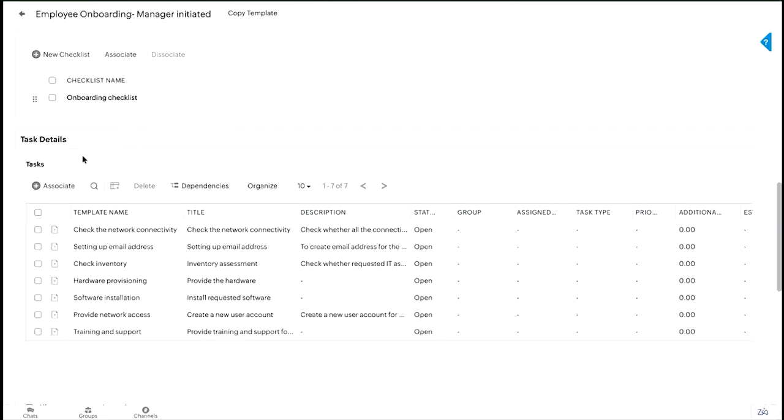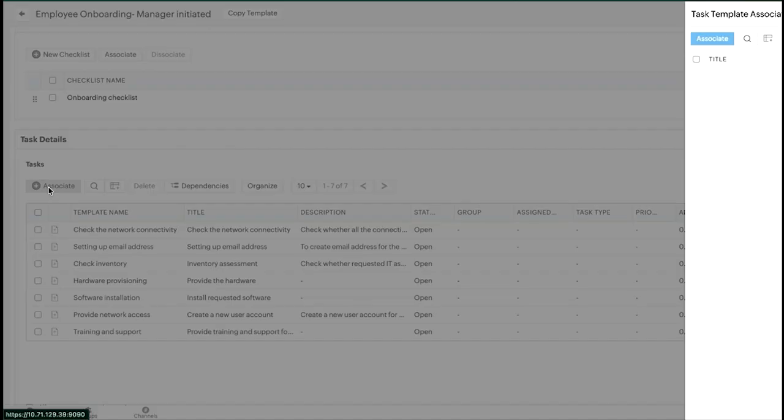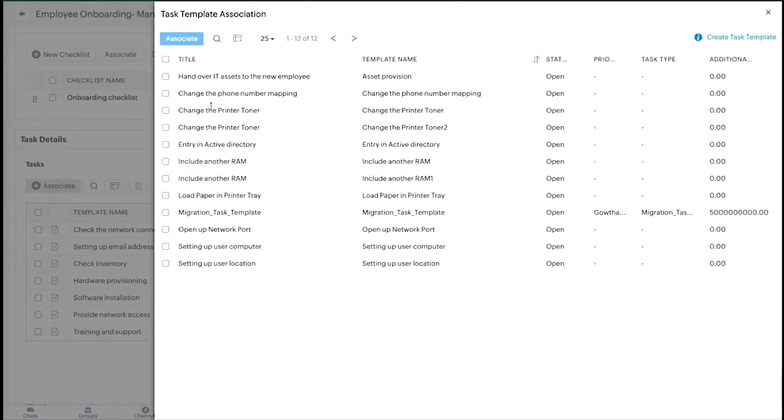And further, you can also associate tasks directly within the service request template, right? That saves so much time for you. If you have already pre-created tasks, you can choose to associate them over here, or you can even create a new task and add it within the service template, right? So the moment a ticket is created using this service template, all these tasks would automatically get created, and the different technicians who work on these specific items can quickly get started on these tasks, right? So how do you do that? You can simply click on associate, and pick from one of these task templates